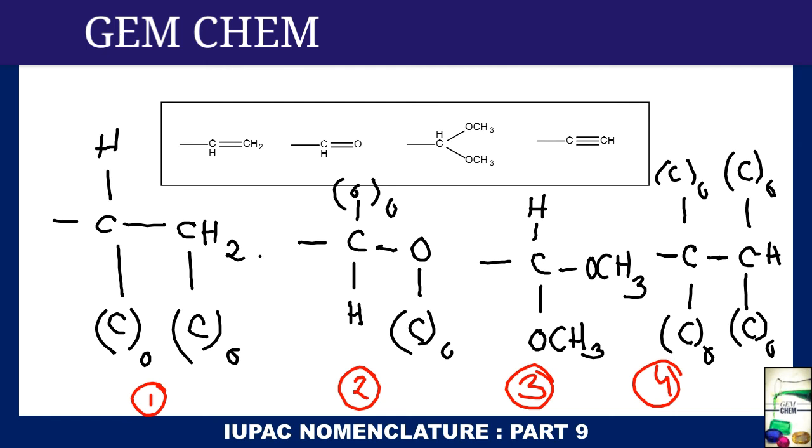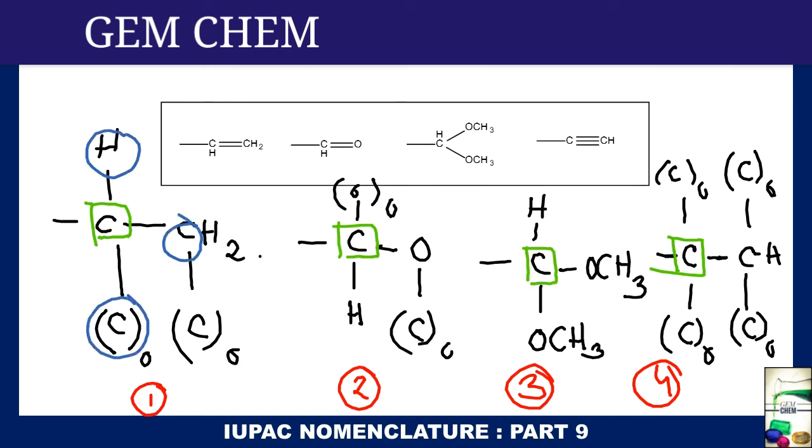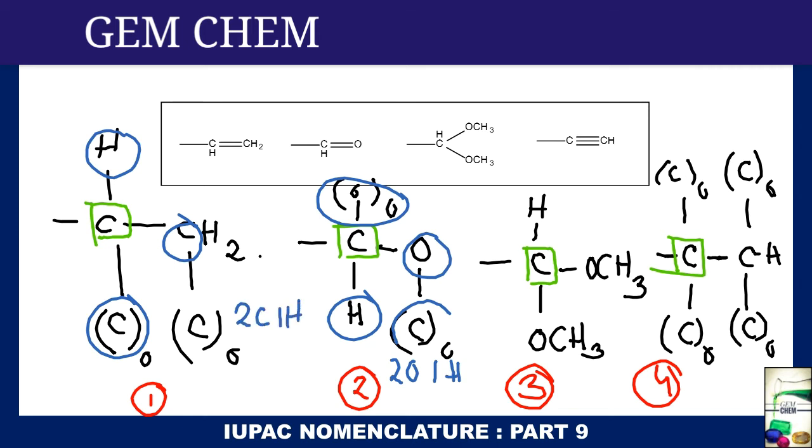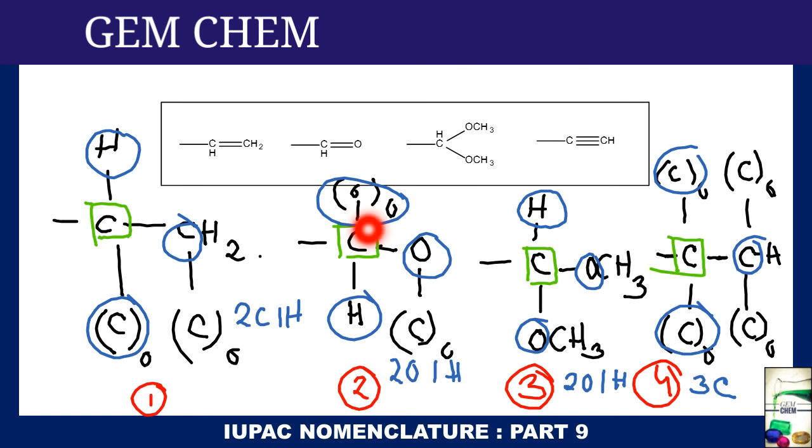Right. Now here first is carbon, again carbon, again carbon. So first atom gone. Next is hydrogen, carbon, carbon. Whereas here hydrogen, oxygen, oxygen, 2 oxygen and 1 hydrogen. Right. And here 2 carbon, 1 hydrogen. Next one, if we go for the next one, then we can see hydrogen, oxygen, oxygen. So 2 oxygen and 1 hydrogen. Whereas here carbon, carbon, carbon, that is 3 carbon. So from this case we can understand that this has the least priority because it is having 2 carbon and 1 hydrogen. Then comes this one because there is 3 carbons. But here there is the same thing, that is 2 oxygen and 1 hydrogen, right?